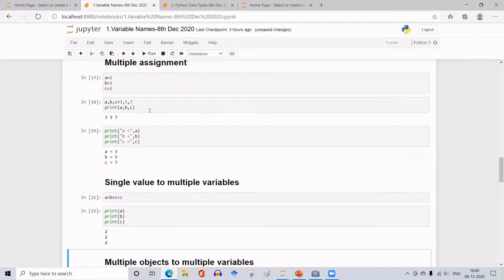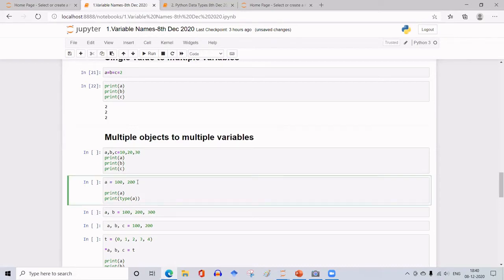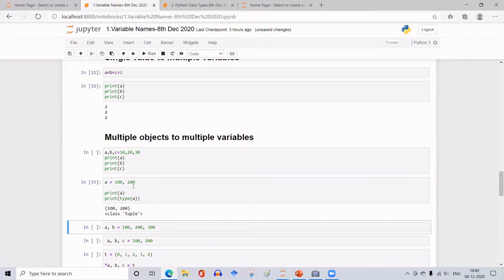So as is done here, A, B, C are assigned different things. Suppose we have a single variable but two data, then what happens? Let us check. It will take that data in the form of a tuple, that is, it will enclose it within round brackets and assign it to A. So now this is not a single number.